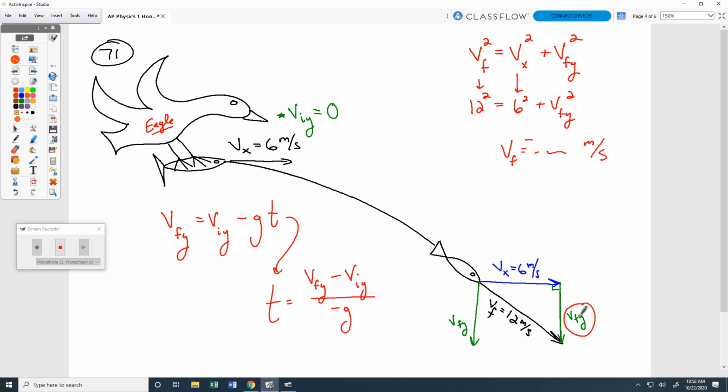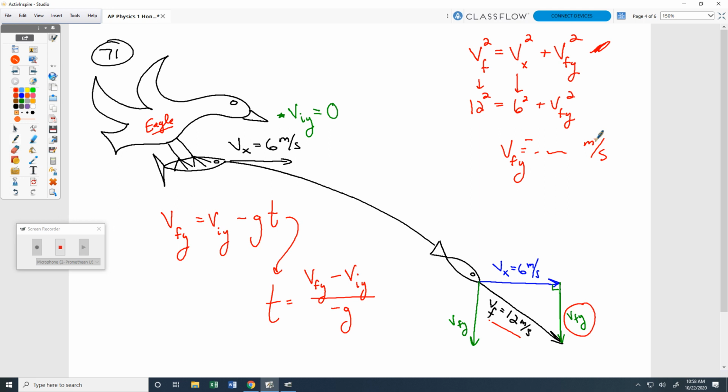Part B is basically the same, except that now our VF is going to be doubling again. So it's going to go from 12 to 24. Using 24 in this equation up here, we can solve for another VFY. And this VFY would be after that. If you do that